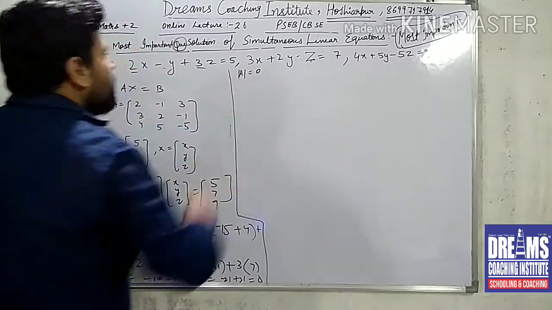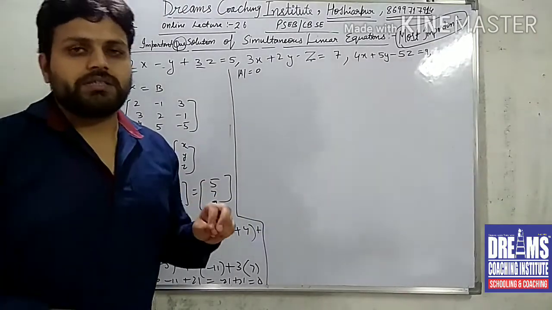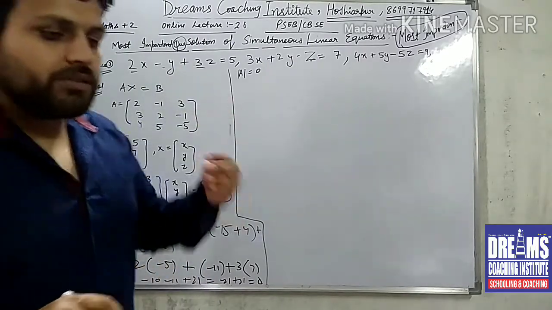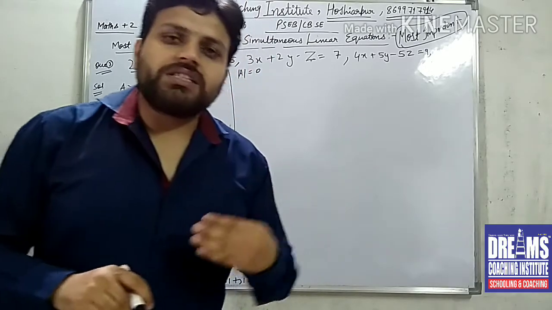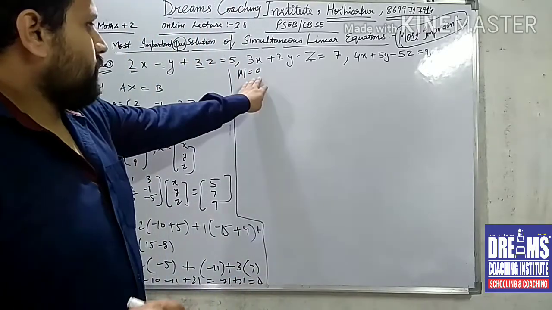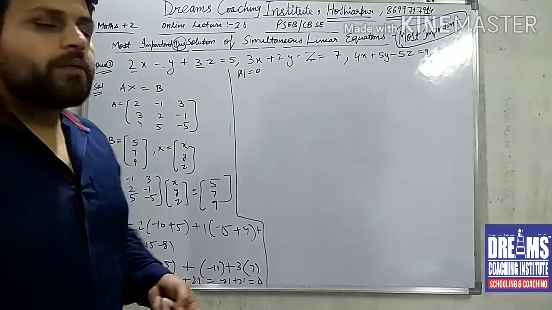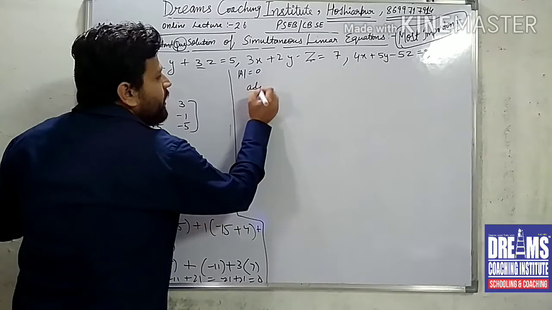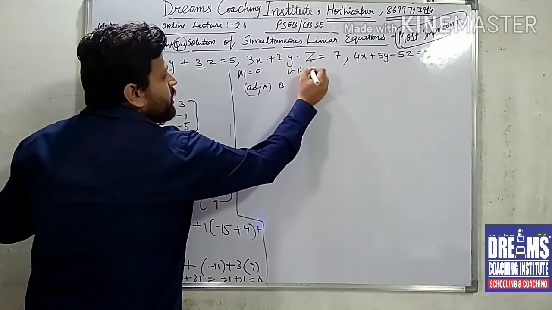So if A determinant equals to 0, we cannot decide whether it is consistent or inconsistent. So it may be consistent or inconsistent. To check this, because the question may ask us whether it is consistent or not, or show that it is consistent. It can be asked in both ways. So A determinant equals to 0. So to check it, we need to find the adjoint of A into B, because it is a singular matrix. It is a singular matrix.